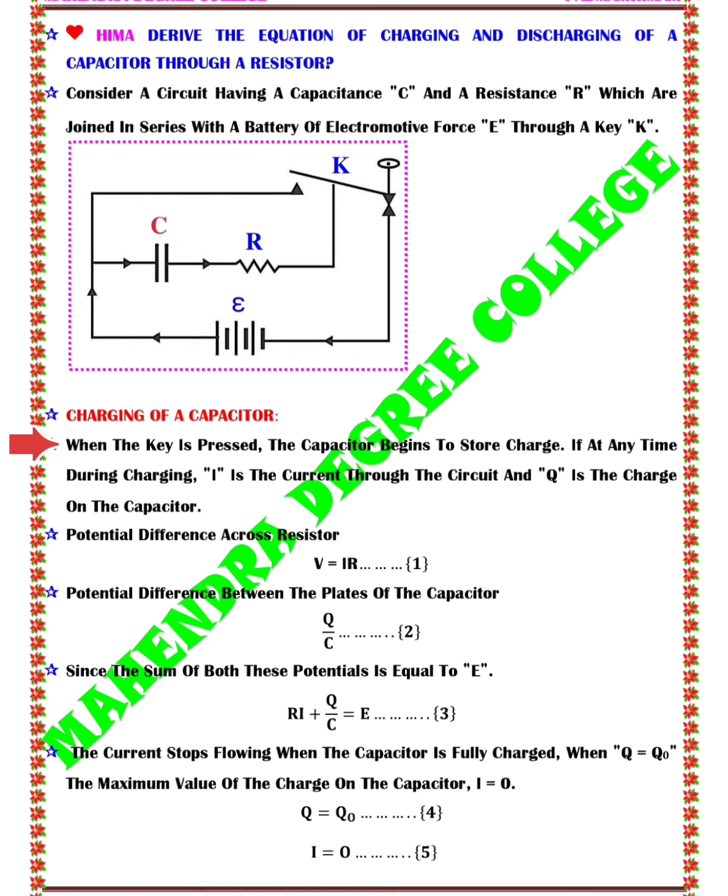The rate at which the capacitor stores charge is influenced by the circuit's resistance and the capacitor's capacitance, which together determine the time constant. If at any time during charging the current in the circuit is I and the charge on the capacitor is Q,